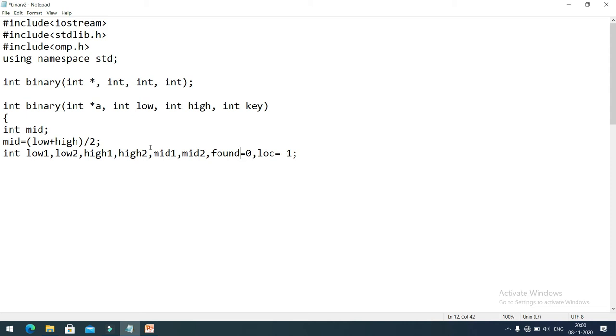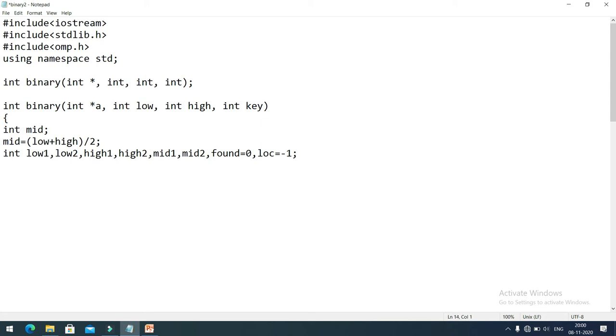If the search key is found, this will become 1. And this LOC is a location variable in which we have stored -1 initially. So if the element is found, then this -1 will be rewritten by the actual position of the element.